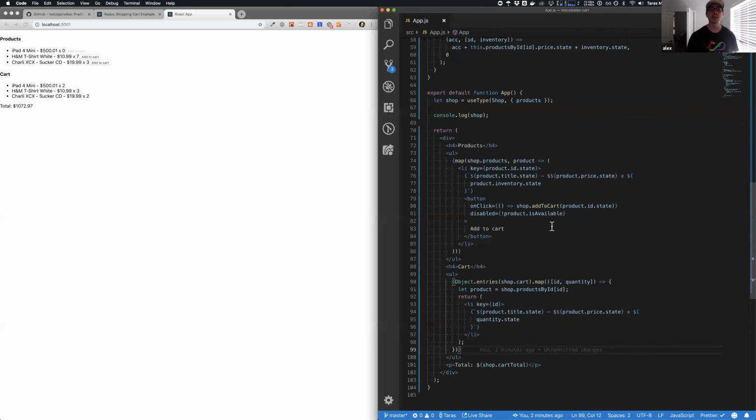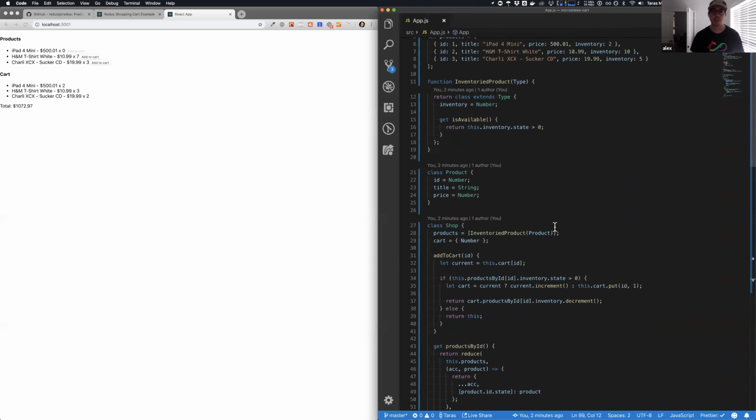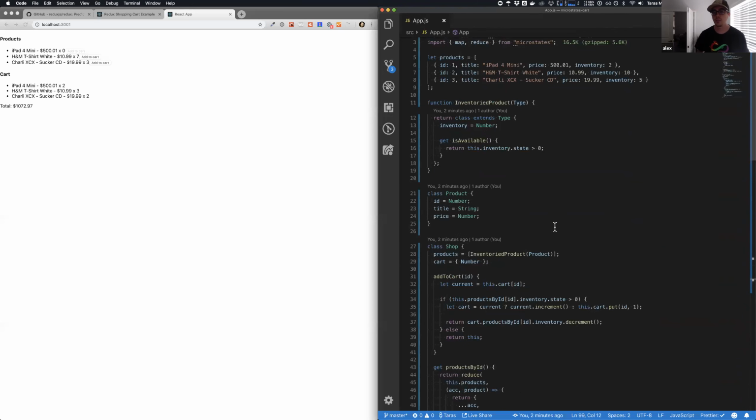Yeah, I'm definitely really excited about the idea of creating almost like business domain primitives, right? So I can wrap up certain ideas. The simplest example we had of that was the idea of inventory, where inventory is basically just a number, but it has these other business-specific concepts. Like if inventory is at 0, then you're out of stock, right? So we could have even had a get is out of stock, where it's just inventory state equals 0, right? And it's really cool to be able to create these little primitives that actually model business logic, not just business state,